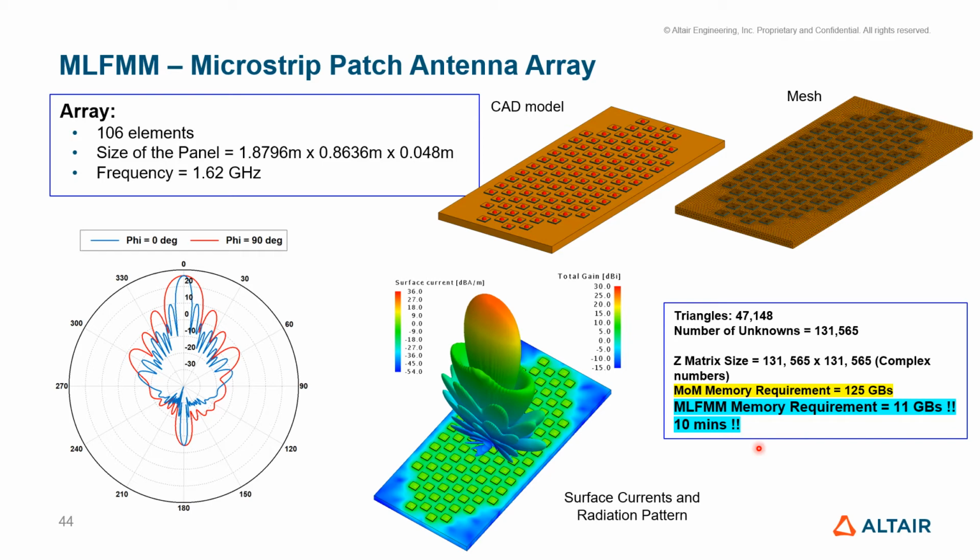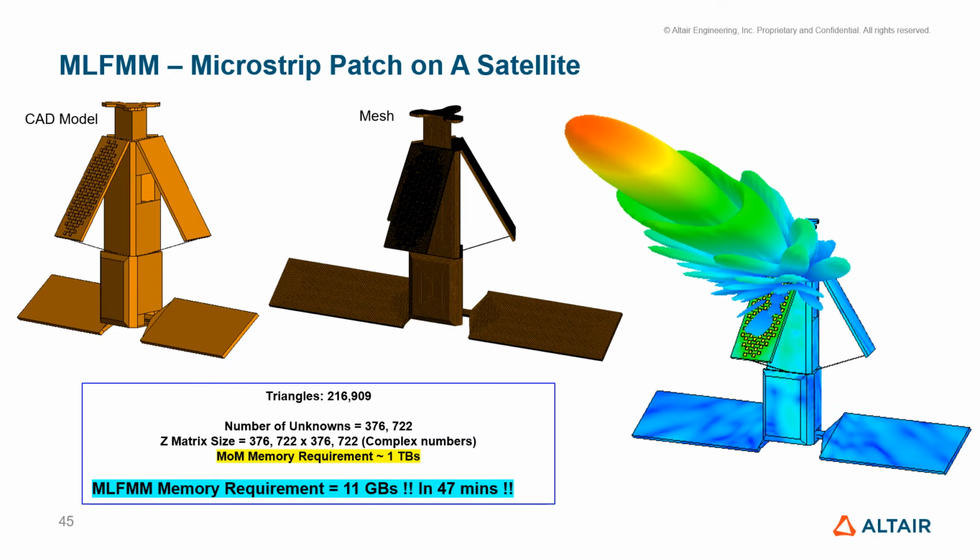And of course, time-wise, it's only 10 minutes to solve this problem. We can look at the surface currents and also the radiation pattern of the array, in both principal planes, that is phi equals 0 and phi equals 90 degrees. Now that we could solve this problem, the panel, we went a little bit ahead and said, okay, let's